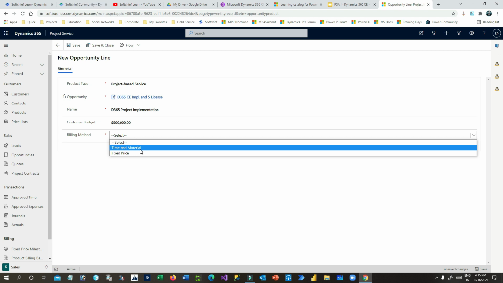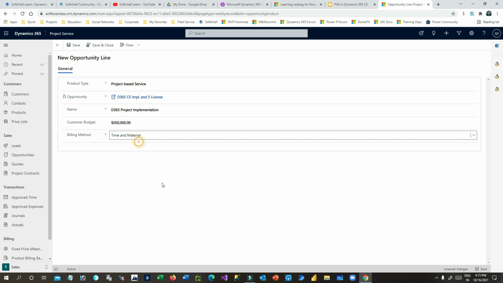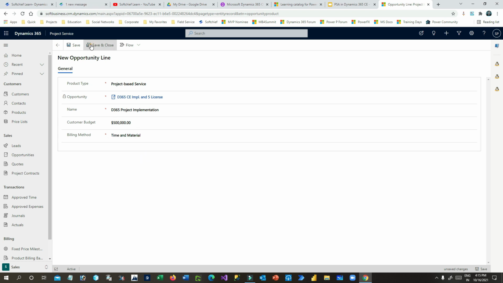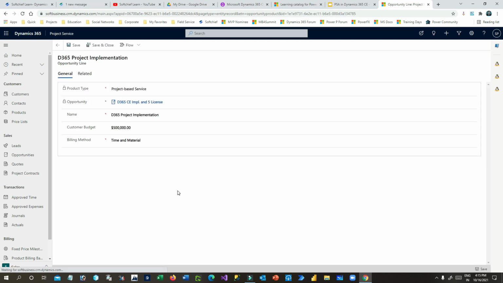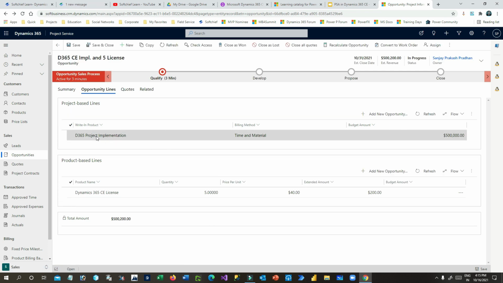and T&M or fixed project. You can define fixed project or you can define time and material. Normally in support projects we use time and material, and for development projects we use fixed price project. You can use it as per your choice. Click on save and close, right? Now I have associated the project implementation whose budget is